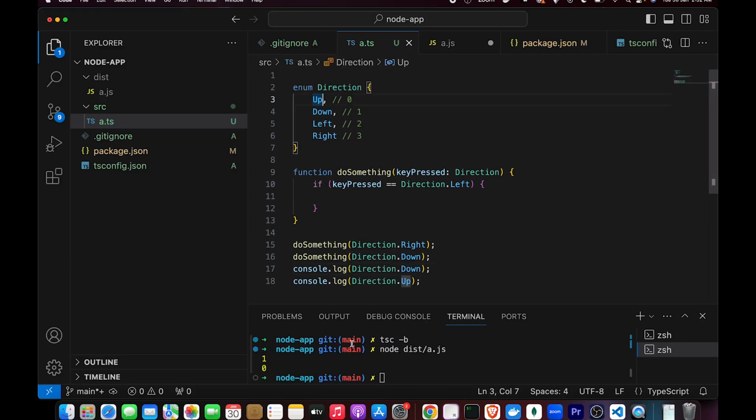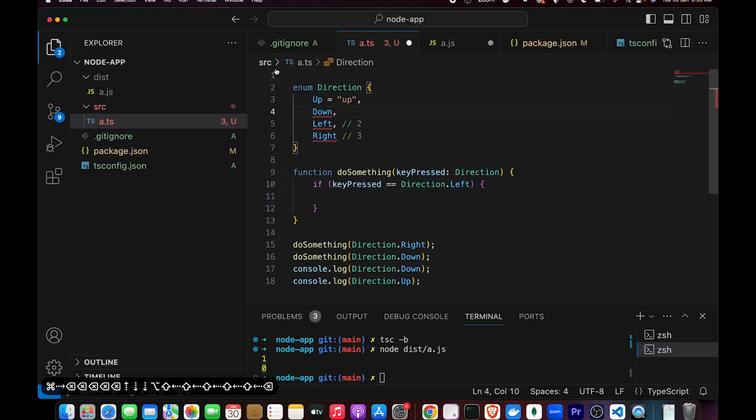But I want that at runtime this actually becomes down. This becomes up. So you can write code like this when you're defining your enum. Up represents up, the string. And as soon as you do this, as you can see,